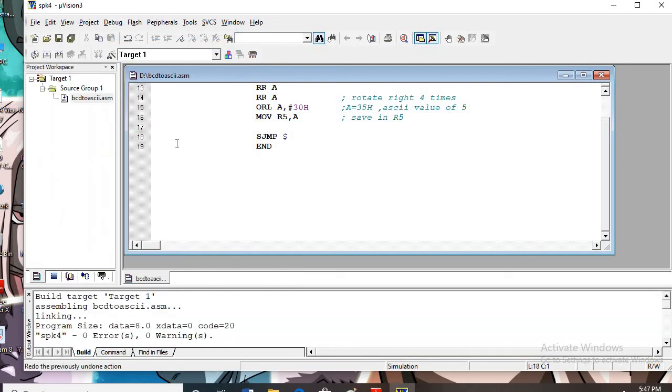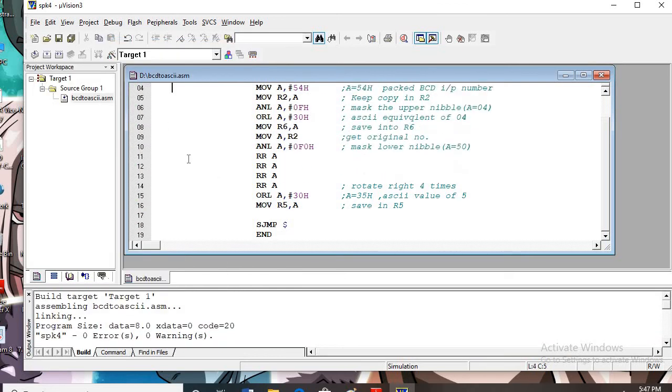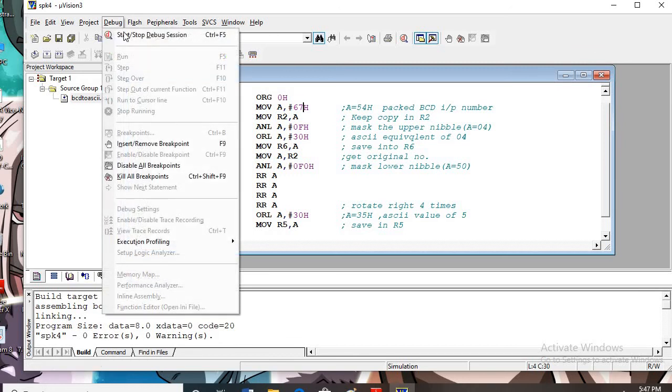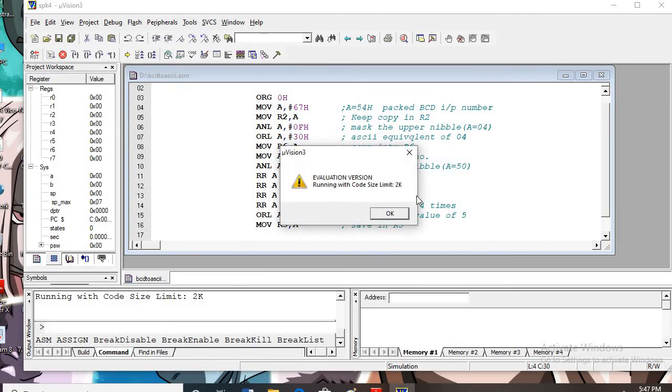One more number I will take. So in the beginning I will change the data. Say for example, instead of 54, if I take any other, say 67. Finally, once again I will keep 54, because my comments are considering 54 as the number. But just for the time being, to show you the execution, once again I have changed the input number. Same, 0 warnings, 0 errors. And now we'll start debug, start, so as to repeat the execution.